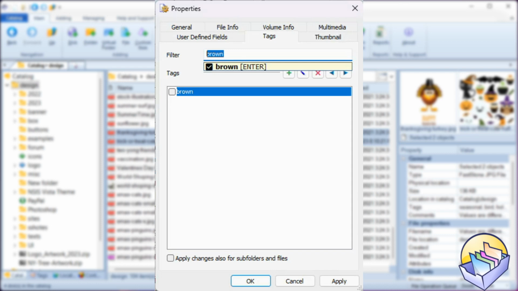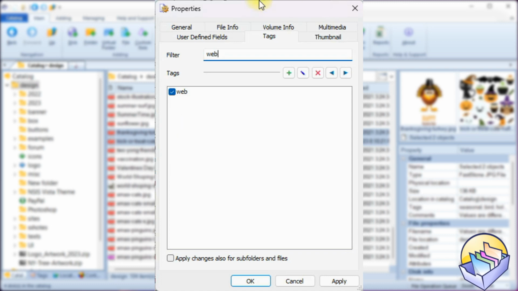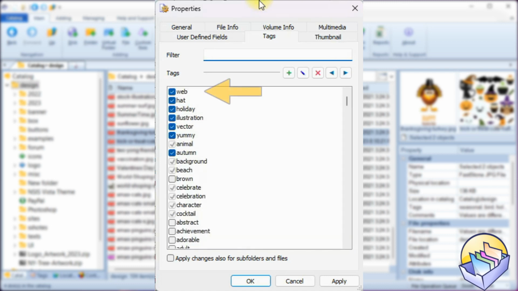The last example is the web tag, which is missing in the list. Hit Enter to add the tag, and hit Enter again to confirm the name. The added tag is added to the list and marked. Here are our tags Web and Autumn assigned, and the tag Brown is unassigned. Click OK to save changes and close